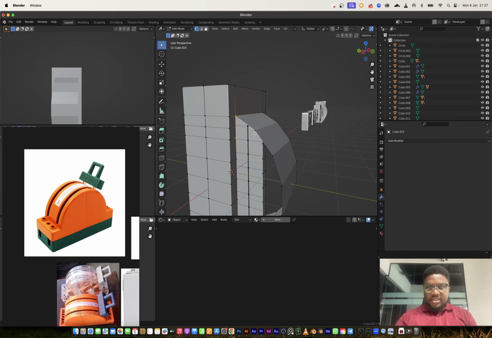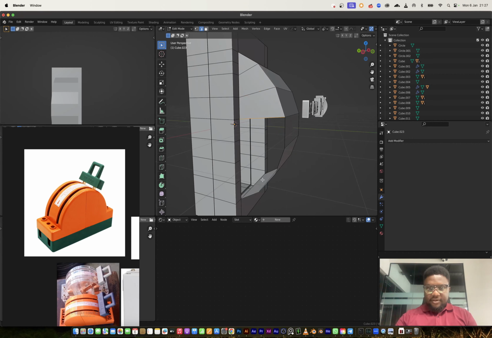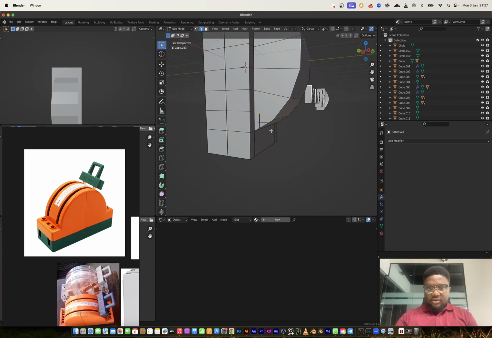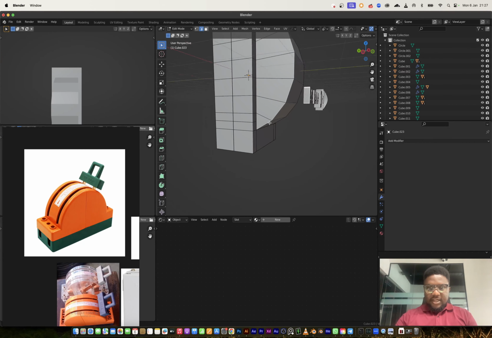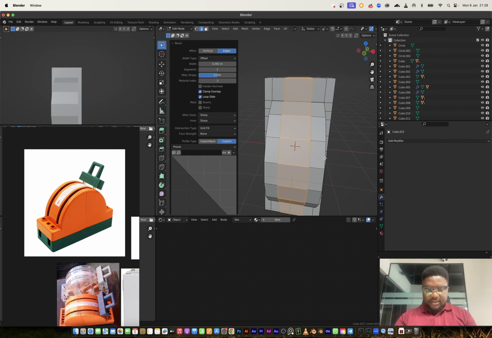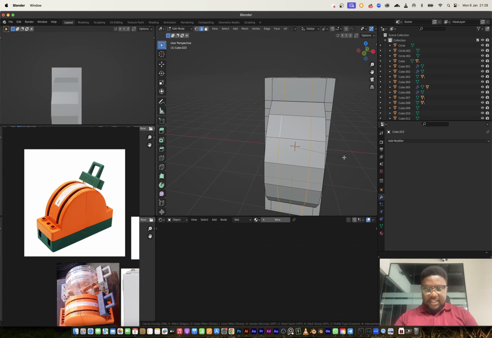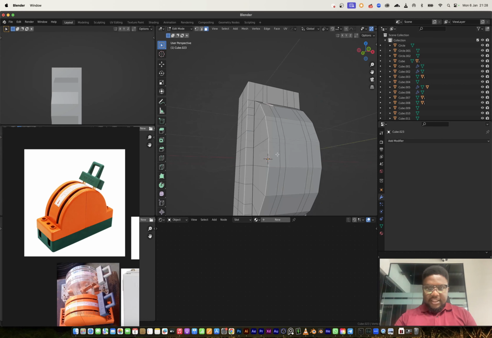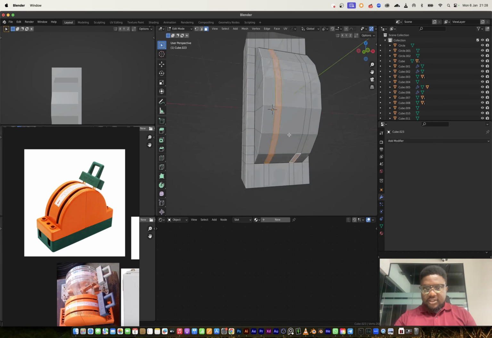And with this, I can fill this right here, fill. I can add one more, and then with this selected, I can fill. What I can do is bring back that edge, bevel it, and with this selected, I can slide this to separate edge again, bevel it, and I can just select just like so,